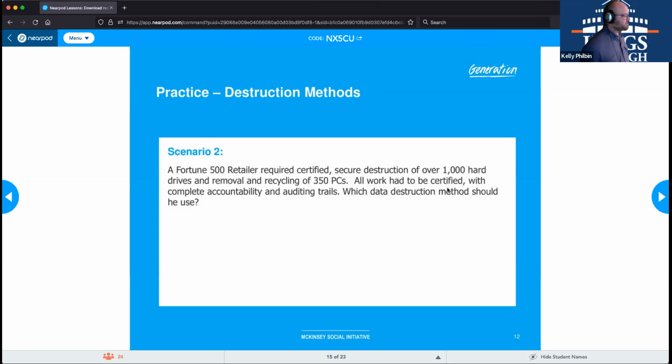Yes, Modena. Do you get a certificate of destruction for industrial shredding? Depending on the company, but yeah, that can be a requirement. So you can say, I need a company that is going to give me a certificate of destruction once the drives are destroyed. Most do, yes. Okay. Because typically that's when you would utilize their services.